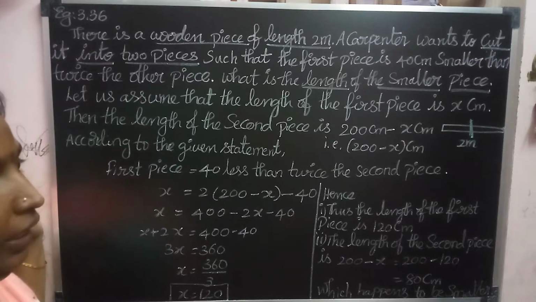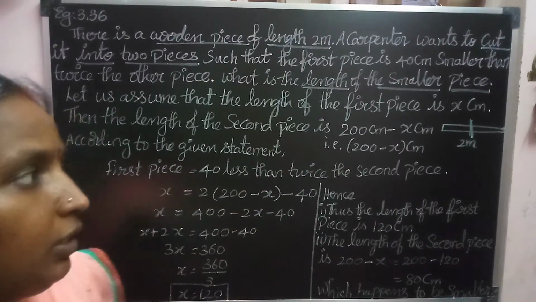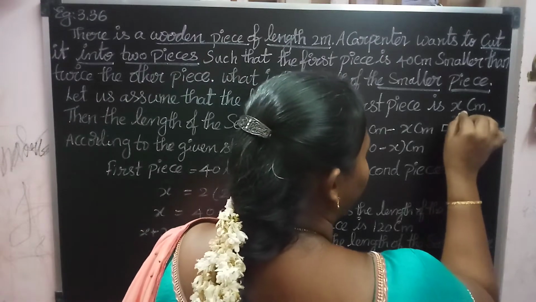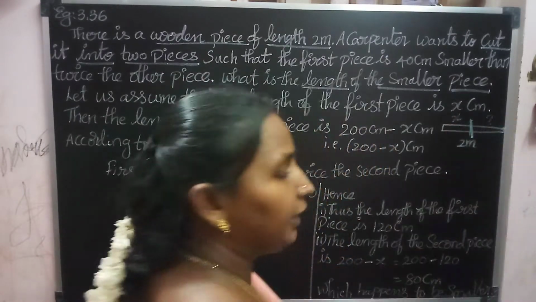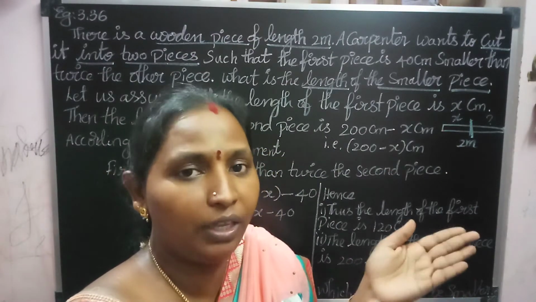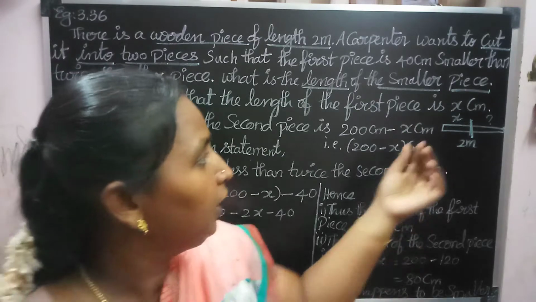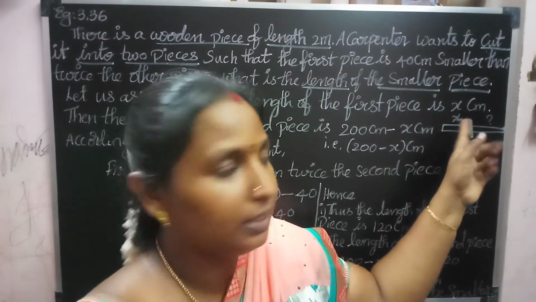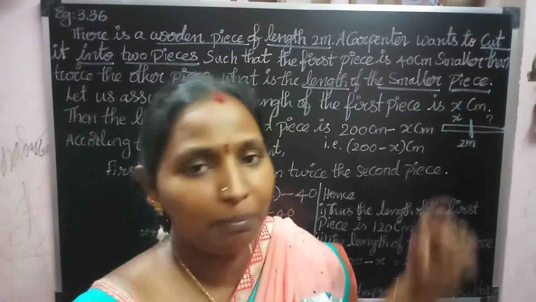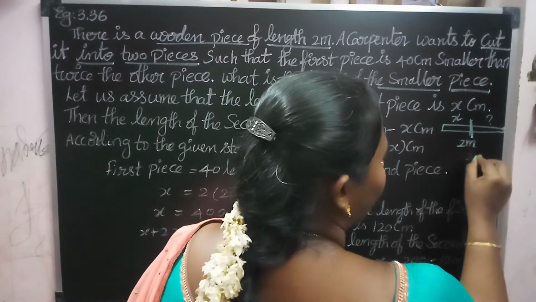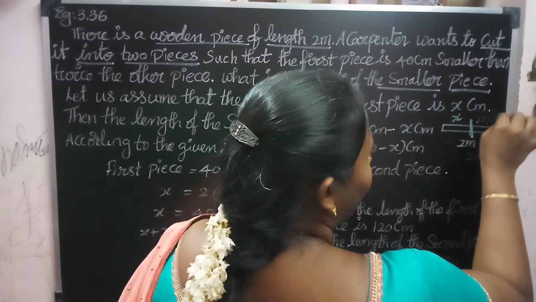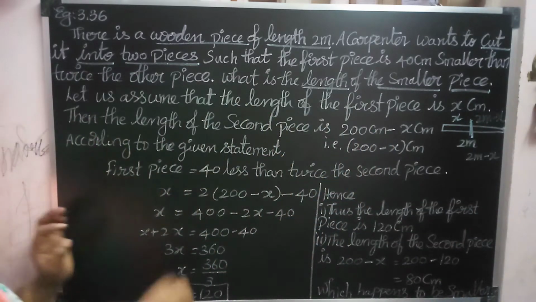So we don't know the length of the 2 pieces. First one we are going to assume x. So the length of one piece be x now. What is the length of the other piece then? Here you have 2 meter, so the total length of the wooden piece is 2 meter. First piece I take as x. What about the length of the second piece? Good, 2 meter minus x. Am I right? 2 meter minus x is the length of the other piece.